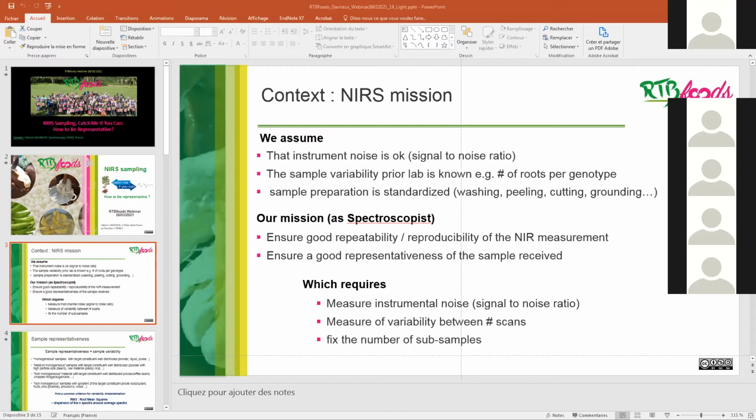Thank you. Yes, it's not really the purpose of this experiment to do the calibration, as I said. So we don't care about the absolute performances of the calibrations. But just to inform you, the standard error of laboratory is about 0.2, something like this. So it's easy to do dry matter determination. So it's 0.2 or less than 0.2.